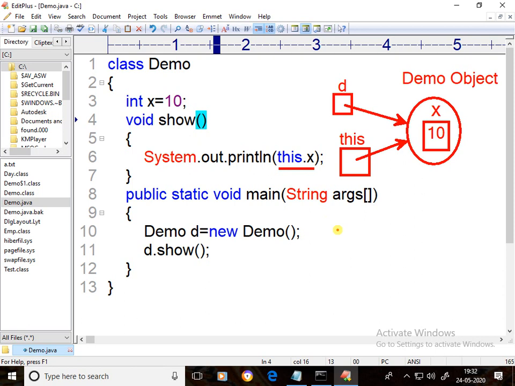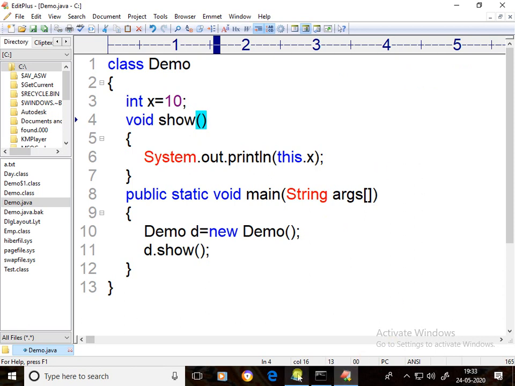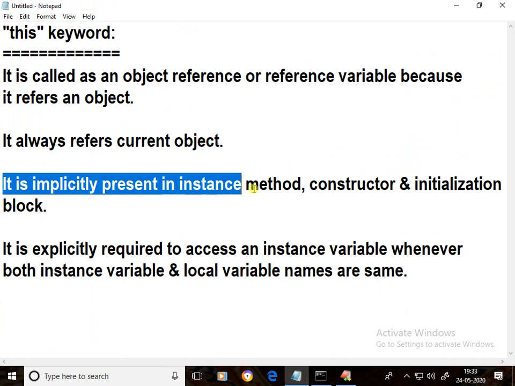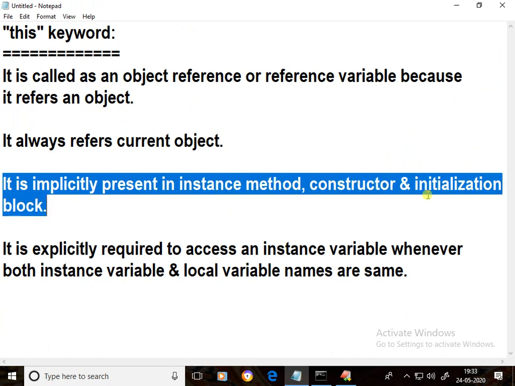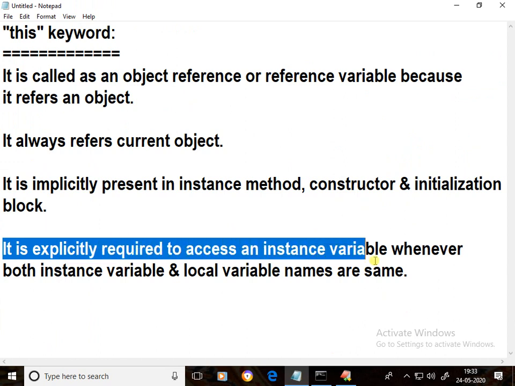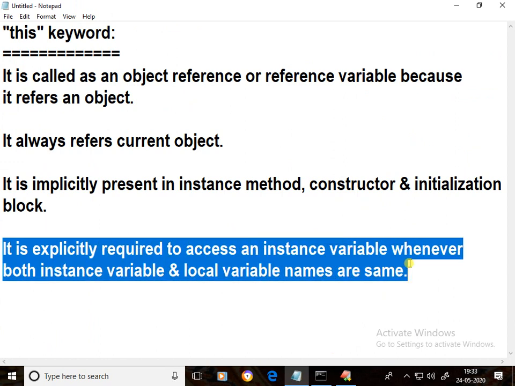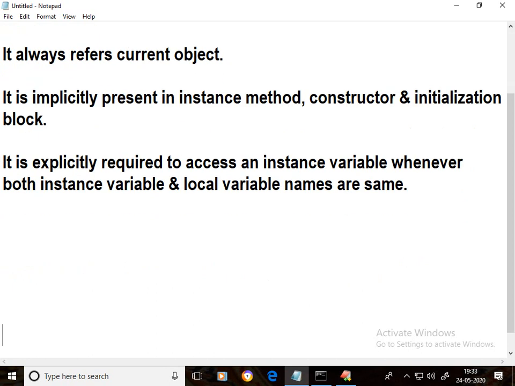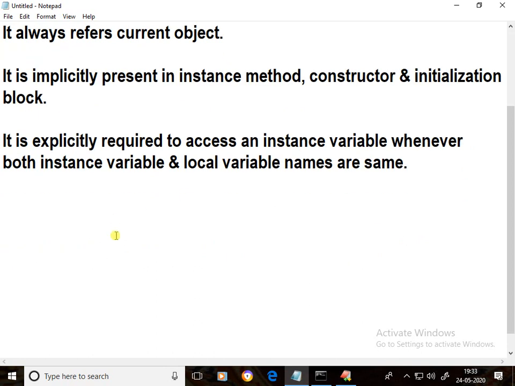When we have to use the this keyword explicitly, I've given here: it is implicitly present in instance method, in constructor and initialization block. It is explicitly required to access an instance variable whenever both instance variable and local variable names are same.